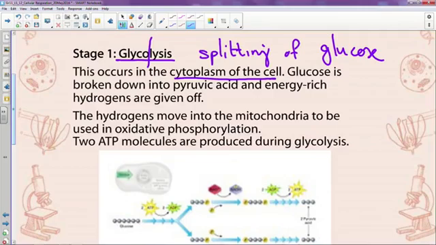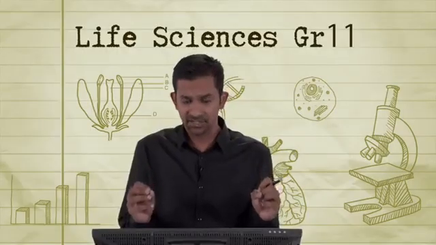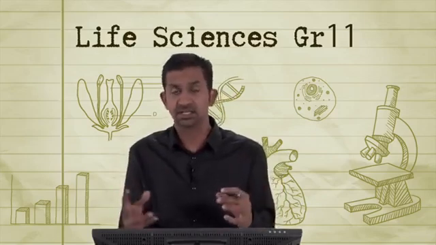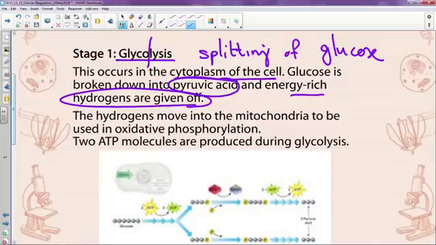The glucose is broken down into two pyruvic acid molecules, and energy-rich hydrogen atoms are given off. So what we see is that the glucose molecule breaks up into two pyruvic acid molecules, and in that process it produces energy-rich hydrogen atoms, which will then be utilized in the next two stages. So the hydrogen atoms then move into the mitochondria and will be used in the third step known as oxidative phosphorylation. So that energy will be used in oxidative phosphorylation, and in this process there are two molecules of ATP